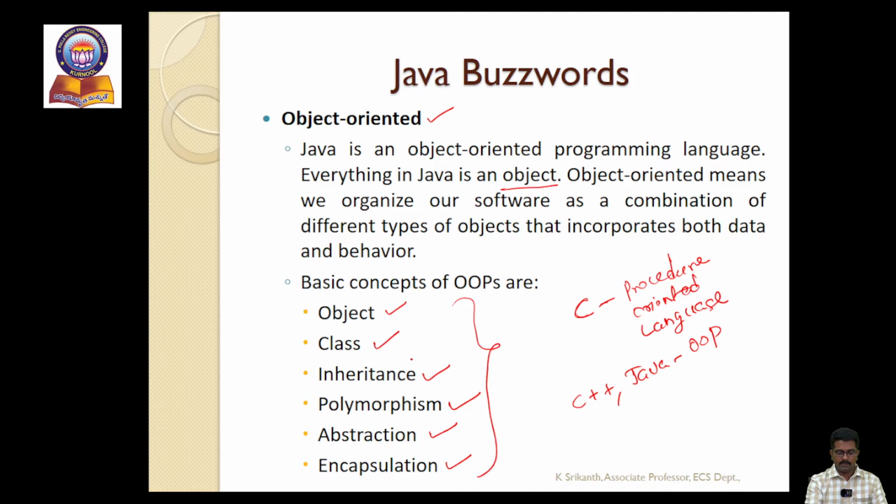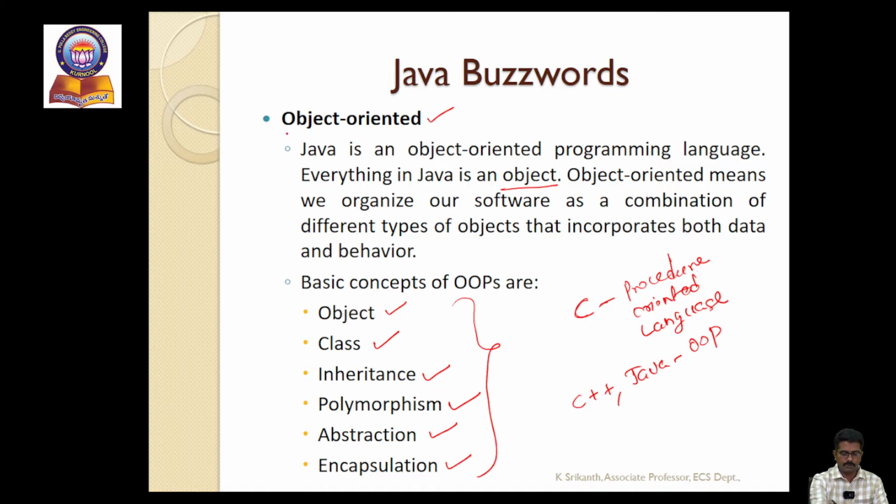And so in the latter videos, we come to know what is a class, how to define it, and what is an object, how to create it, what is inheritance and what are the types of inheritance, what is polymorphism and the types of polymorphism, what is abstraction and how to implement it, and encapsulation, how to achieve it. Right?